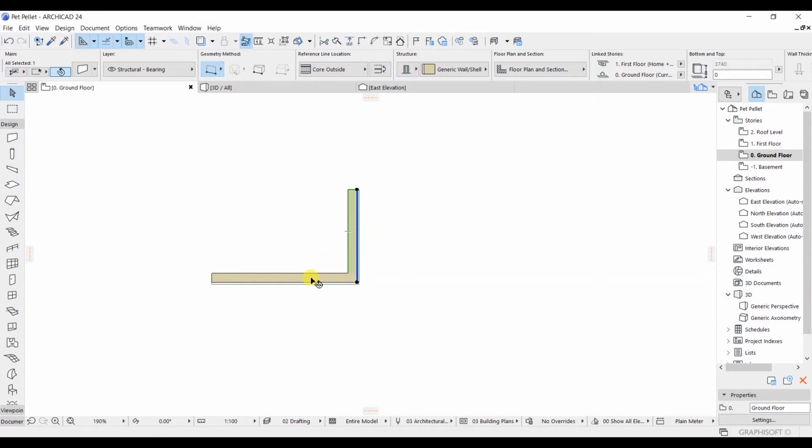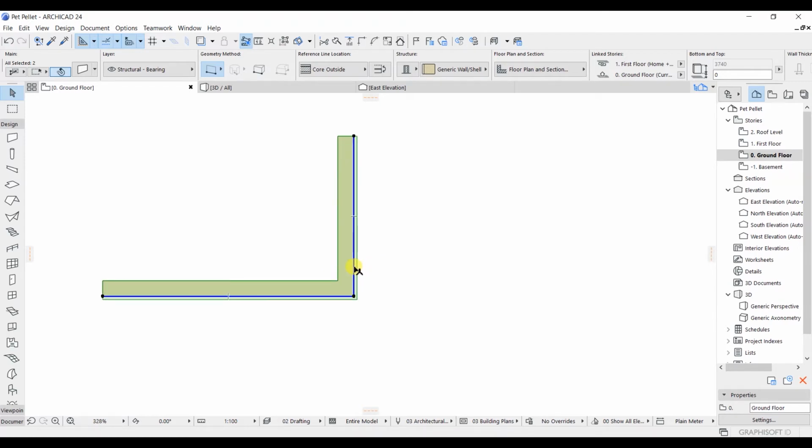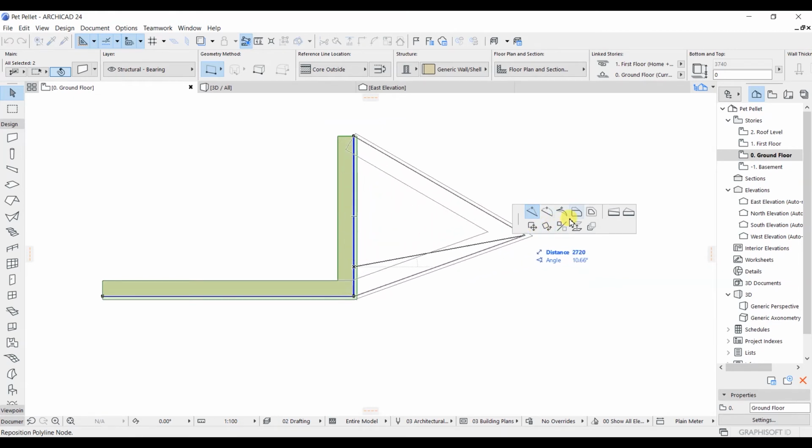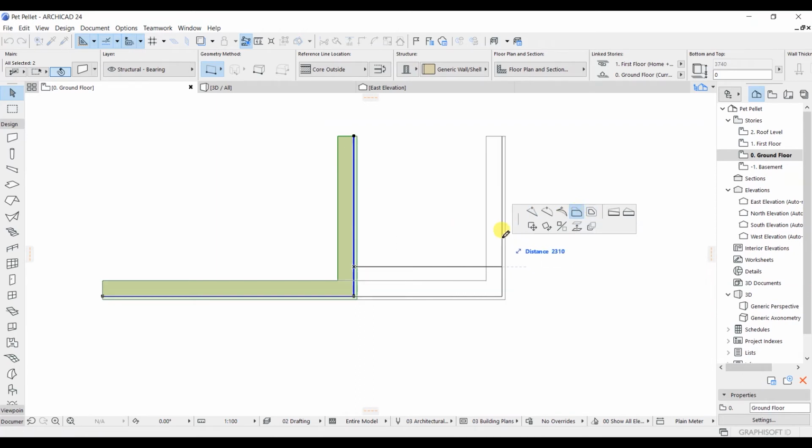For that, if you want to select this one, you just simply need to hold Shift and select. As you can see here, I have selected both the walls, and right now the color is green. Now what you have to do next is select these edges with a left click, and now you are getting the option of offset at edges. If you go ahead with this option, offset edge, you can enter the value of the distance at which you want this offset. So let's enter 1500.